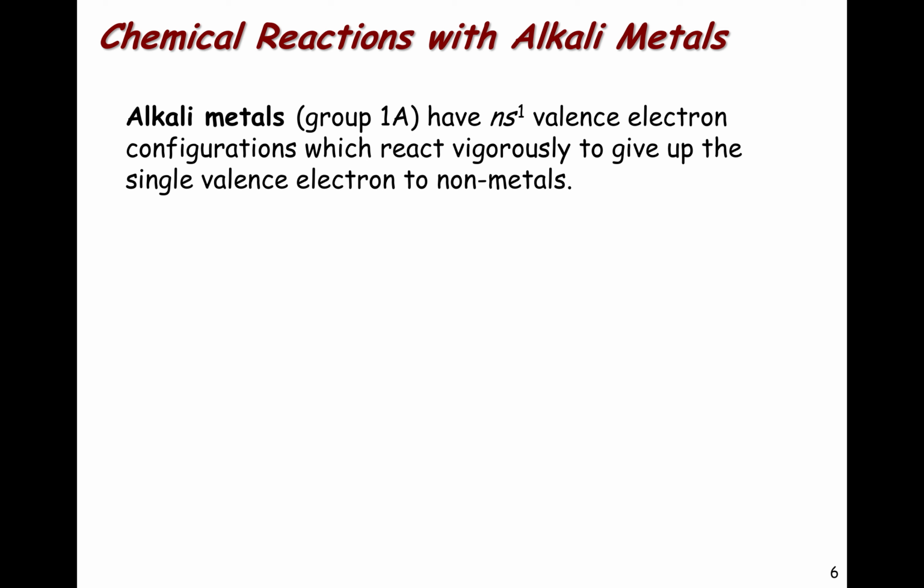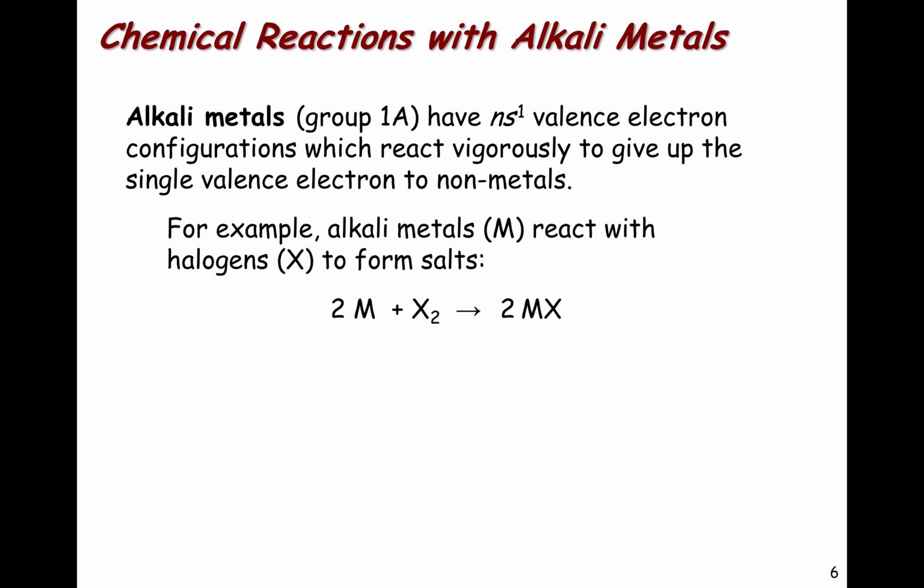Another very commonly encountered reaction is the fact that metals will react with nonmetals, and so alkali metals are a great example. The alkali metals are in group 1A. They have one electron in their valence shell, which happens to occupy the S-type orbital. These are fairly readily lost to form 1+ ions. And so, for example, if we were to take a metal from the alkali group and react it with the elements that are in group 7A, these are the halogens. These are all diatomic elements. So the overall reaction would